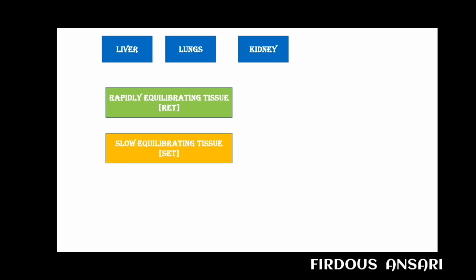There are a few organs like the brain, where we have the blood-brain barrier. So not all drugs can move to the brain. The occurrence of drug in the brain is very much negligible. Okay, and even in the bones. So in brain and bones only a negligible amount of drug may enter, so we do not take these organs into consideration in the model. With this model as base, drug distribution in the entire body can be predicted very easily. And the physiologic and anatomic parameters of animals can be used to predict the effect of the drug in man. So we have a few advantages of this model.